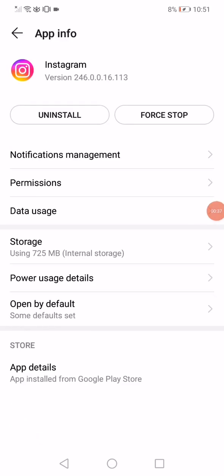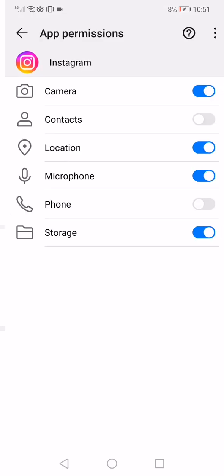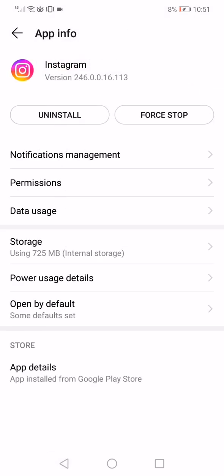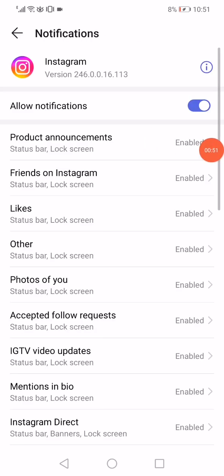Now on this page, it's a very important step. All what you have to do is open the permissions and make sure that all the permissions are enabled, especially the storage permission, and then go back, click here on force stop, and then click on notifications management and make